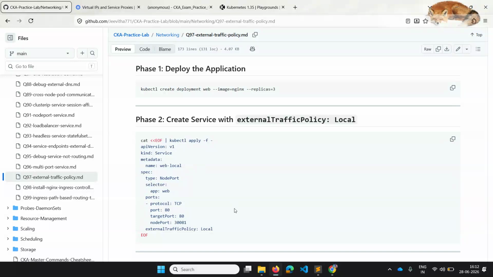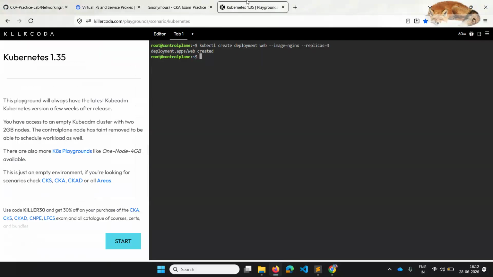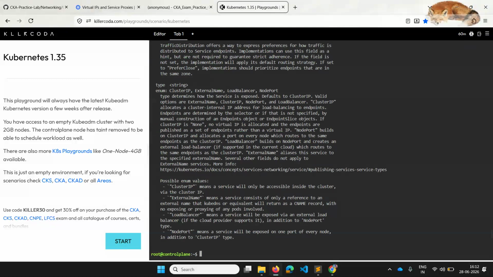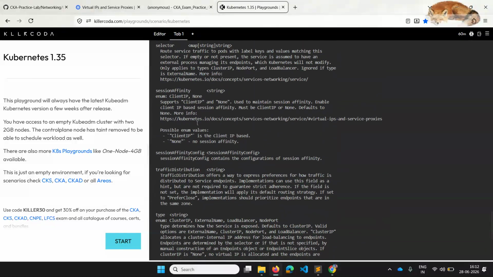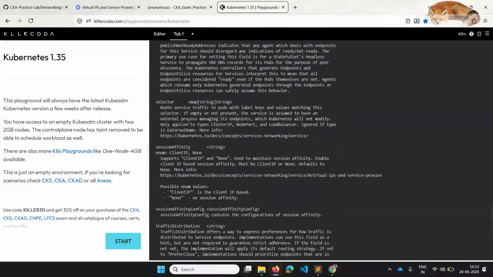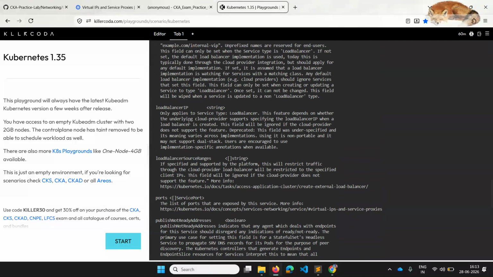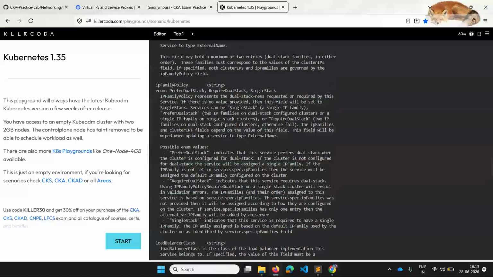How do we know where to place the attribute name? You can just go and run explain service.spec. Here you will get whatever you want to add under the services.